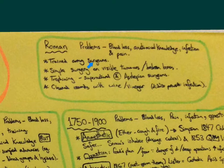Well, they did have training for their army surgeons. This was particularly important for the Roman government because they put an emphasis on having fit and healthy soldiers, so they made sure that their army surgeons were trained as much as they could be, mainly through use of books in libraries like Alexandria. They could do simple surgery in Roman times and ancient times, so things like cutting visible